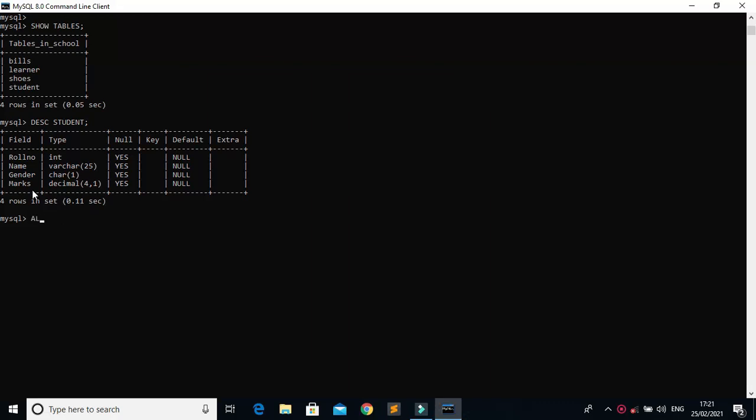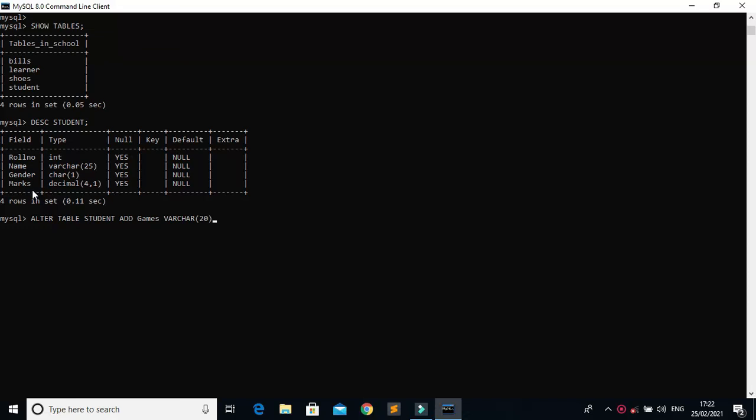We write ALTER TABLE student, the name of the table, ADD games, and the data type will be varchar, and the size will be 20.